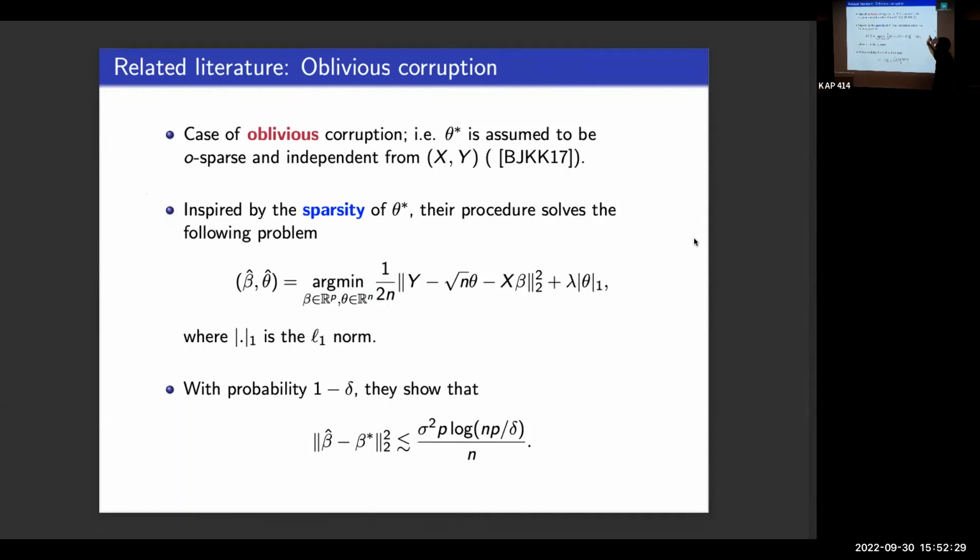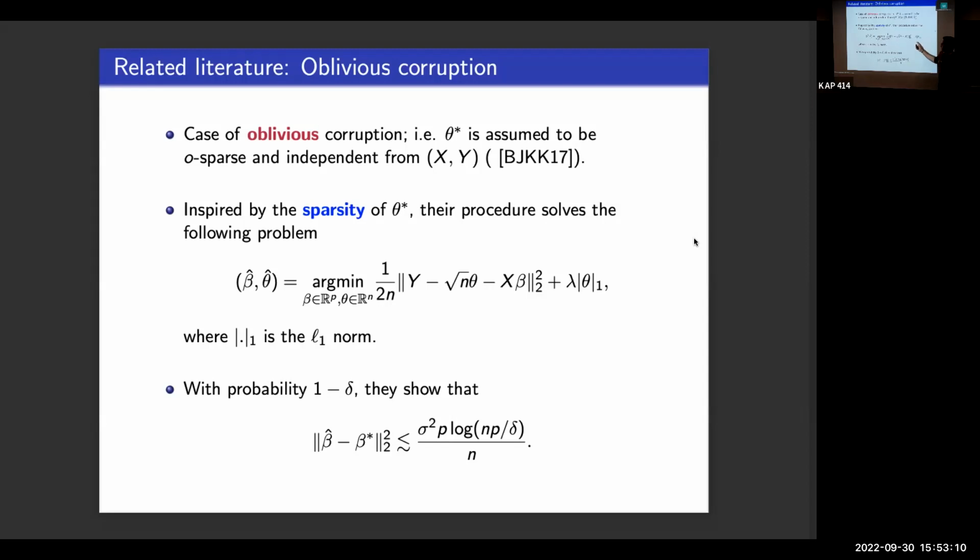And the surprising result in this paper is that you can achieve an estimation error that does not depend on the fraction of outliers. That was the most surprising, in the sense that if n goes to infinity, you have a consistent estimator. While usually in robustness, you always have to pay the price of the fraction of outliers, o over n. It turns out that under this model, the oblivious corruption, you can have a fully consistent estimator where the fraction of outliers does not appear in your bound, which is just a surprising fact. But again, is this model really realistic? It's probably too simple a model to capture exactly what's going on there.